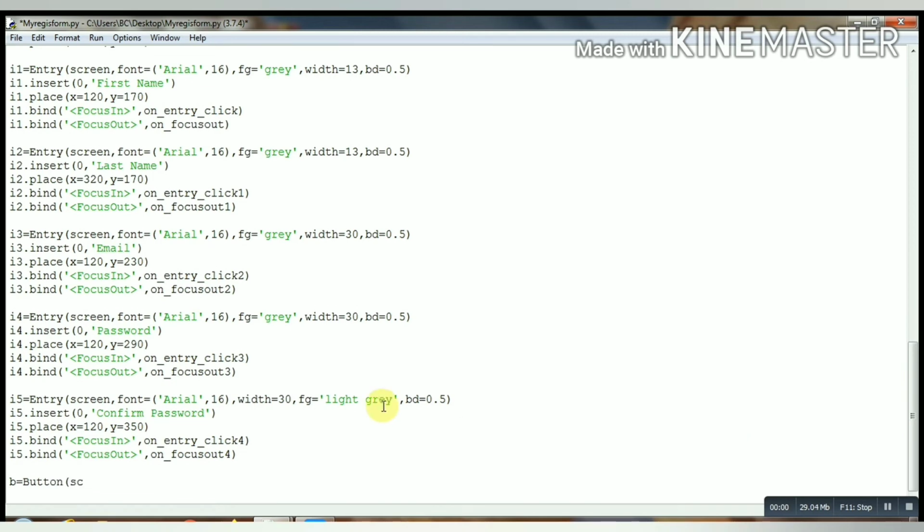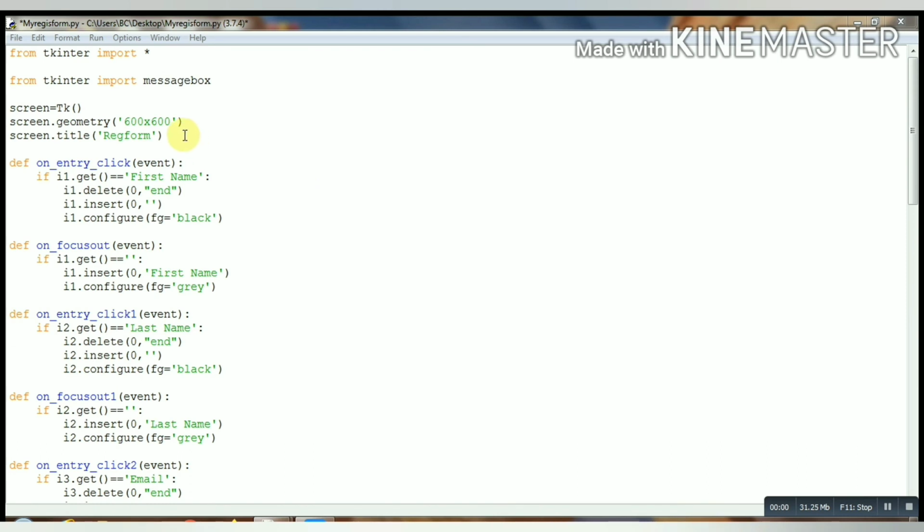The button on the screen, font Arial and 16, text as Register Now, background as green, foreground as white, width equals 30 and border equals 0, and command we will give as reg. And place it at x equals 120 and y equals 410.